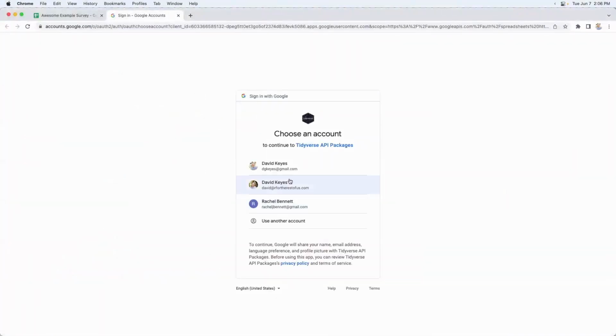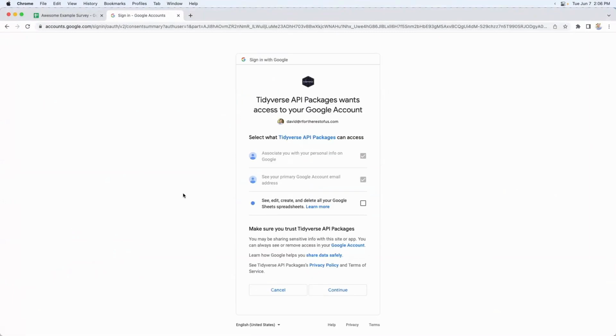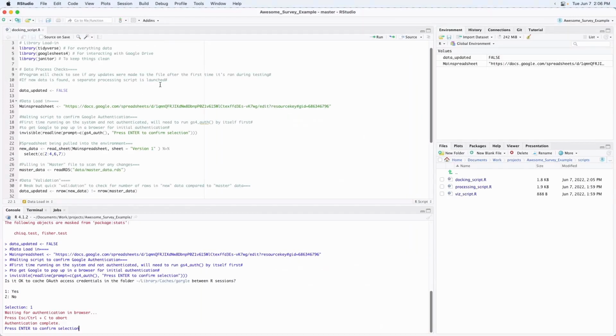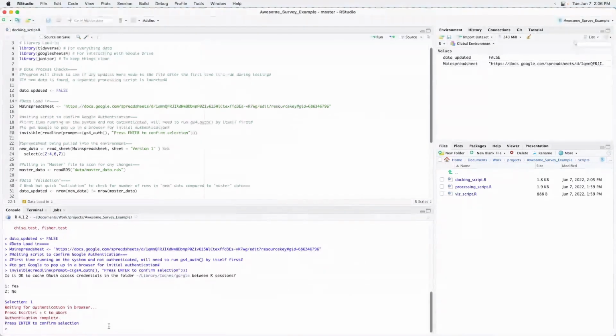Oh, wait, did do that. Okay, so then it just says authentication complete, close this page and return to R. And I see, so you've added this where you have to hit enter to confirm. Okay, so now at this point, I'm authenticated, which means I can actually use this data, or I can